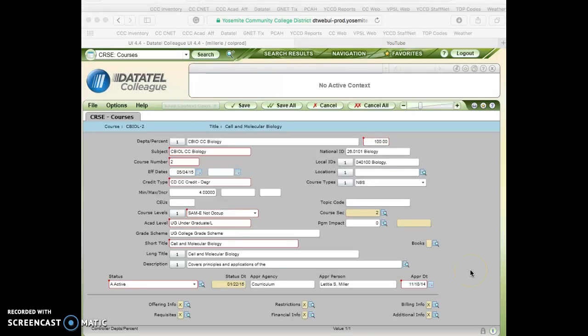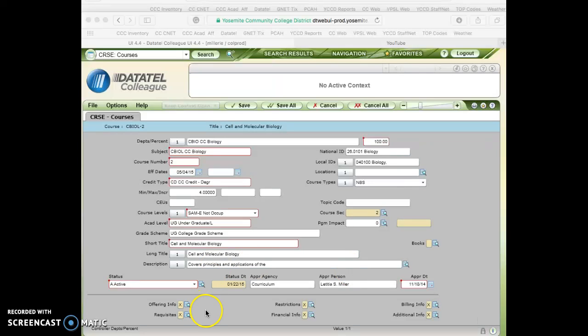Okay, so this is a very critical function of the course screen, which is to set up the prerequisites or co-requisites or advisories for a course. This is logic-based and syntax-based. And on campus here, your point person, should you have any questions about syntax programming, the best person to talk to would be Melissa Raby, who has done a great deal of comparable programming for degree audit using the same